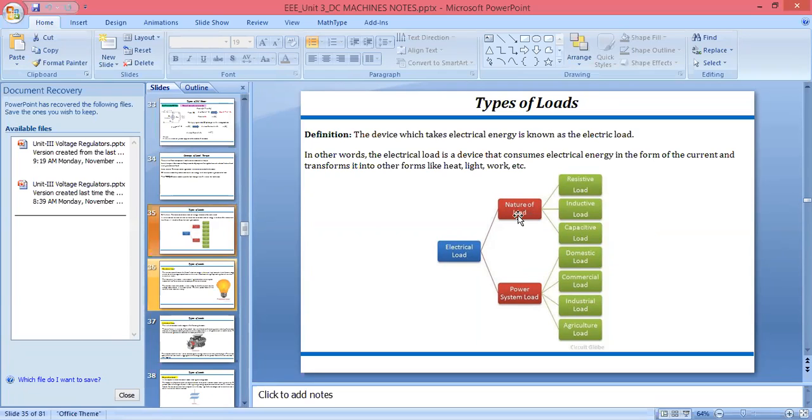If we are using a resistive load, we can say that electrical load is resistive. If we are using that electrical load for commercial purposes, at that time we can say these are commercial. I have given here some examples for each and every type of electrical load. In resistive